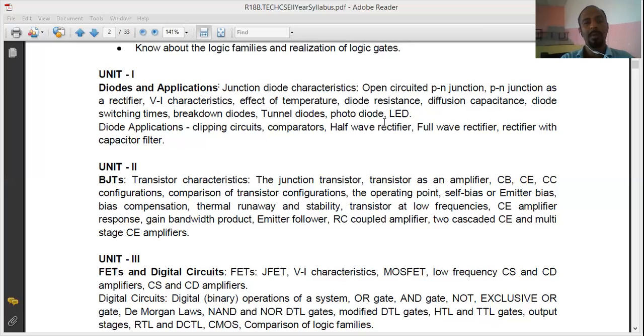There is some operation called the rectifier. So what does this rectifier do? It converts the AC that is coming to your house into DC, because all the systems we use normally require DC, that is direct current. They don't want an alternating current or alternating voltage. They want direct current. So we have the half wave rectifier. I mean, the circuit that converts AC to DC, we call that a rectifier. So we have half wave rectifier and full wave rectifier.